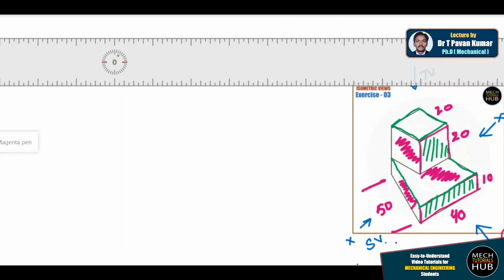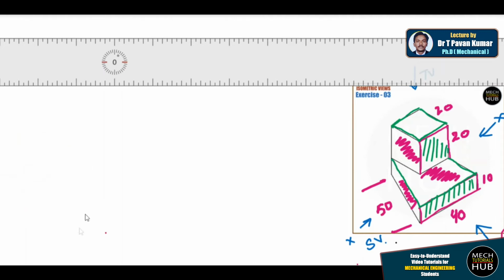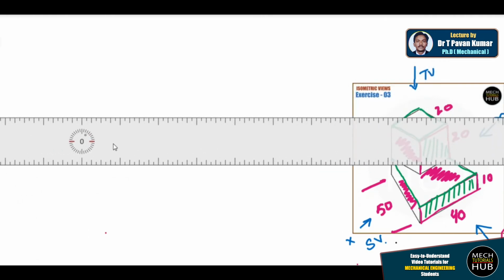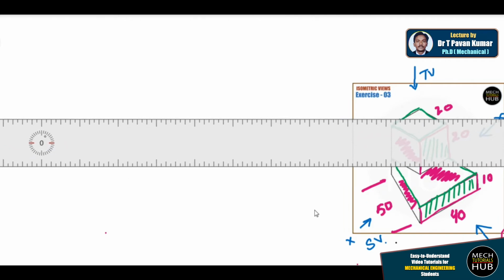Now let me take a simple color for your better understanding. Let me take a scale and start. All right, 40 mm distance from here, every 3 divisions.